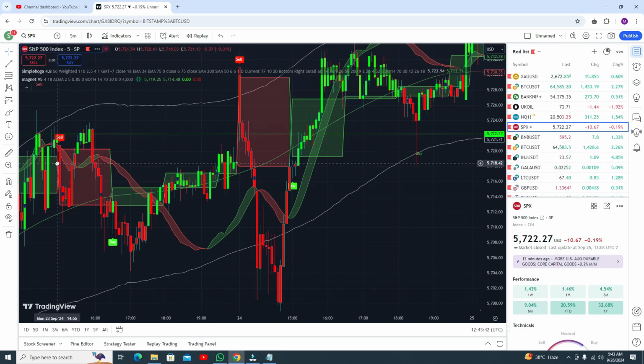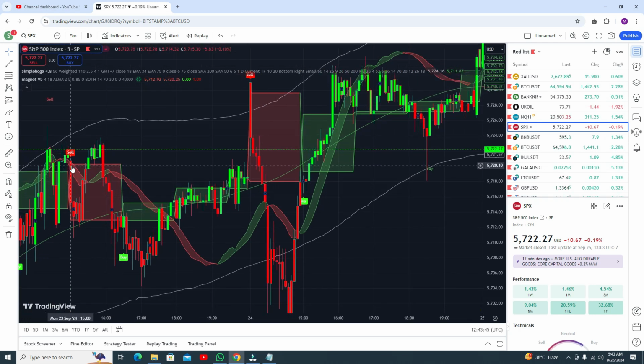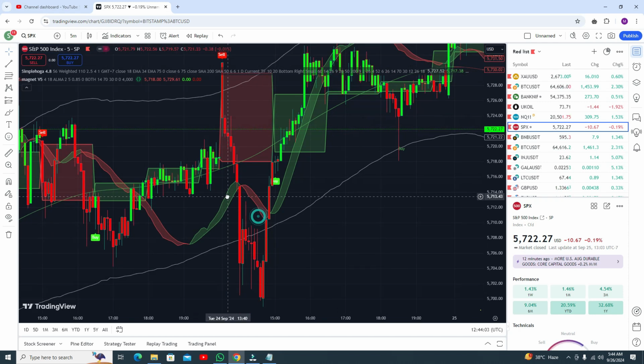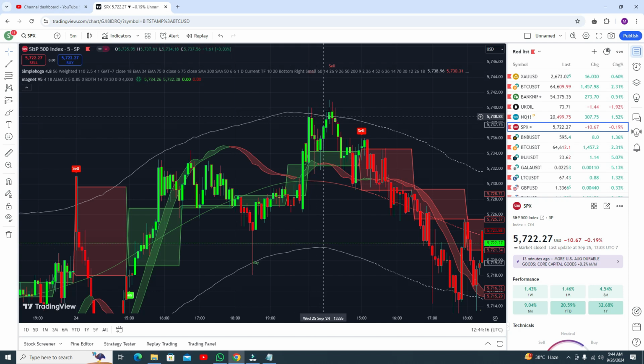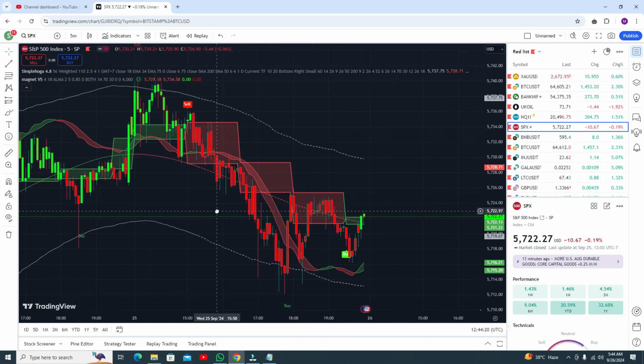You can see from this point you are getting the sell signal, so if you need to, you can go for the sell trade, but when this red shade turns to green, then you need to exit your trade. Okay, and this white signal gives you amazing profit. This sell signal gives you huge profit, like here you need to book your profit. This indicator is giving you more confirmation, and you can see you are getting good profit here. This buy signal is giving you good profit here. Okay, now this sell signal is giving you profit here.